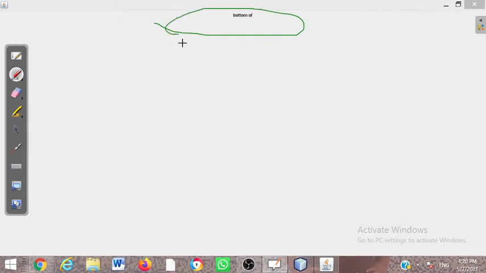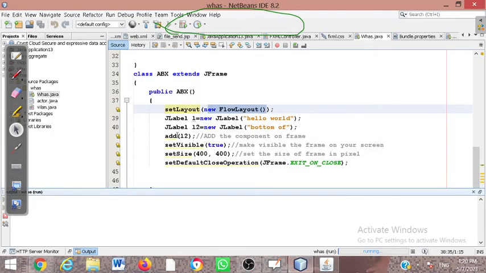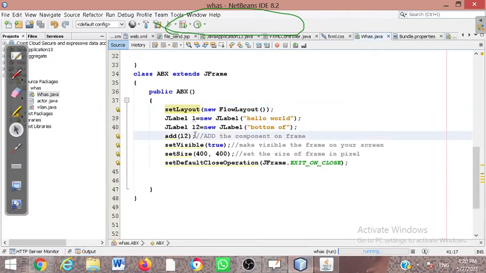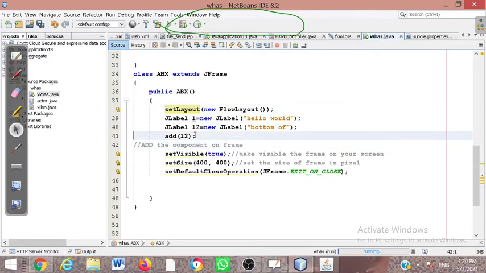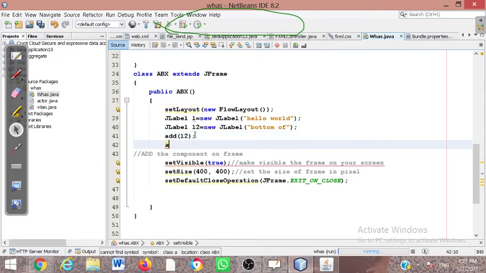That is why I will set the flow layout components, and the remaining part will be the height, right? You can see the remaining part is going to the height. But one thing I have to set here, one thing I am going to tell you, I mentioned it before but didn't mention it here. I only added level 2, I have to also add level 1. So I have to use the add method here.